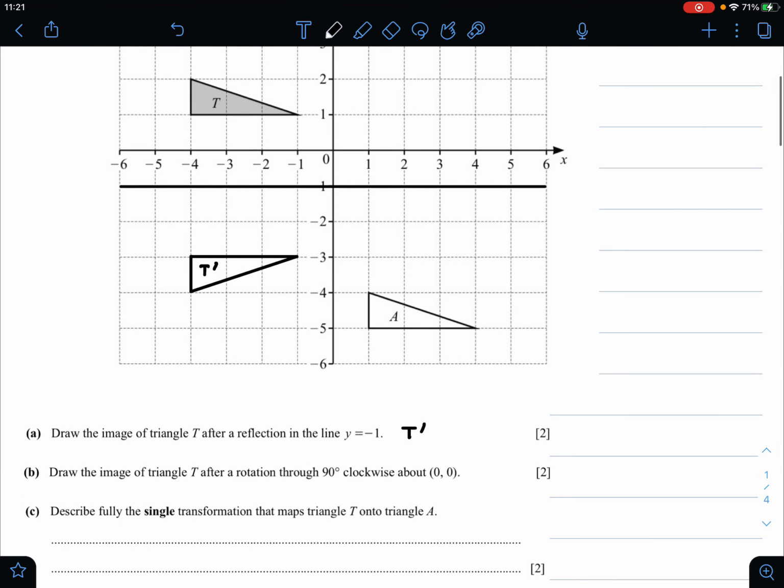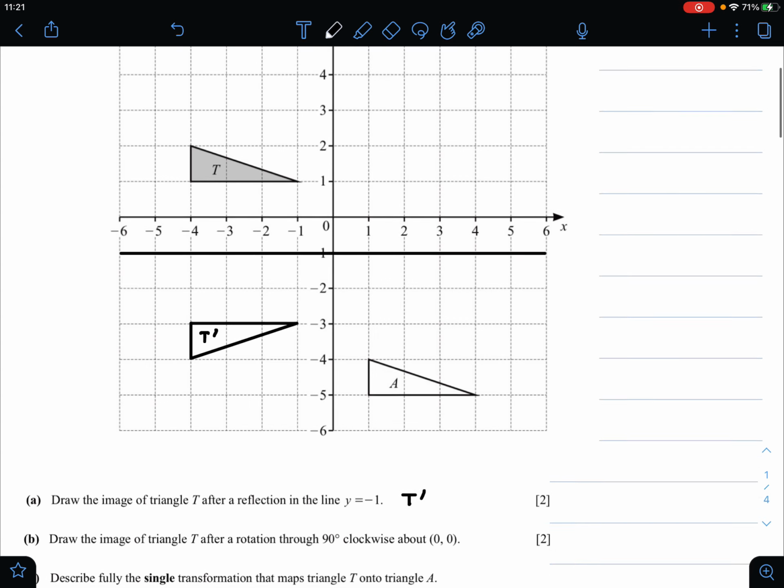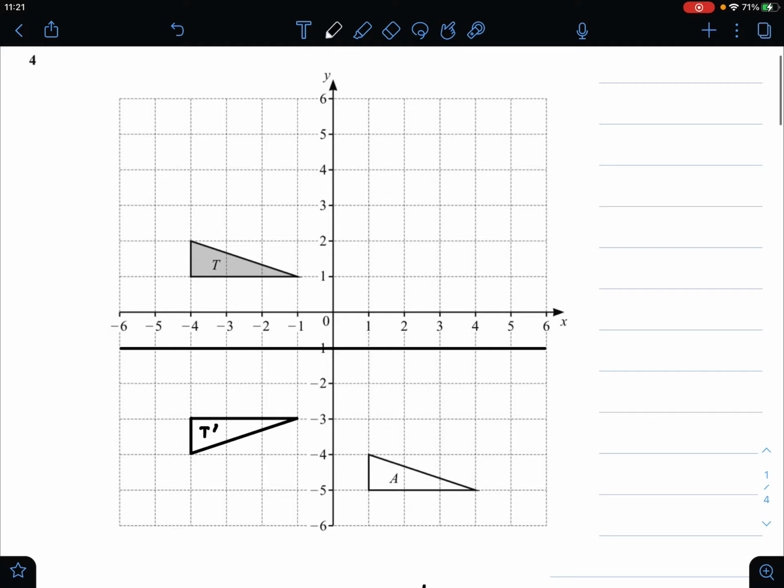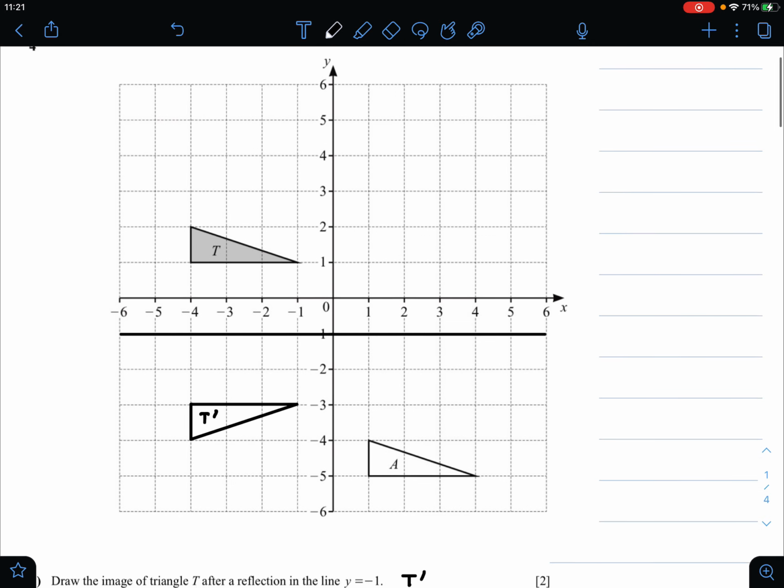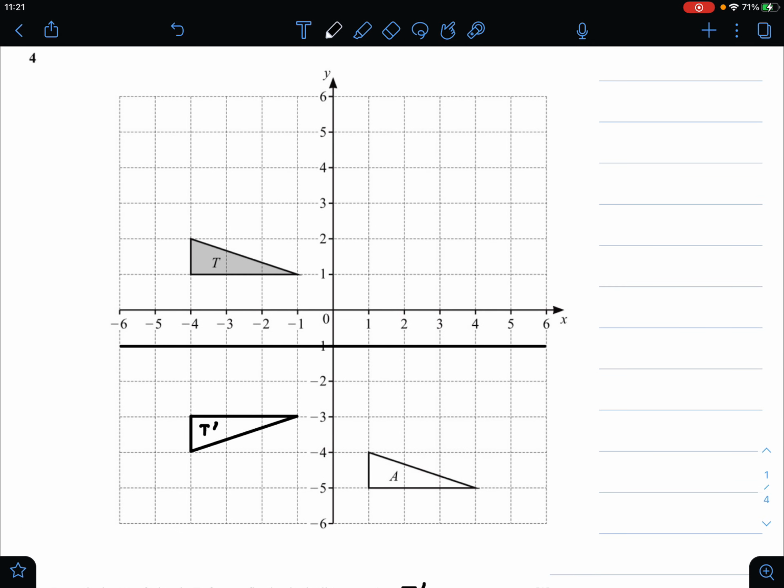Now let's move to part B. So they are asking us to draw the image of triangle T after a rotation through 90 degrees clockwise about 0, 0. So how you do this is you can take your butter paper or the translucent sheet that the examiner will provide you, and you place it onto the graph. Now you will trace your triangle T on the sheet itself, and on 0, 0 you will draw an L sort of shape,